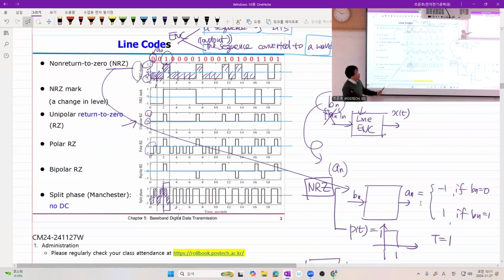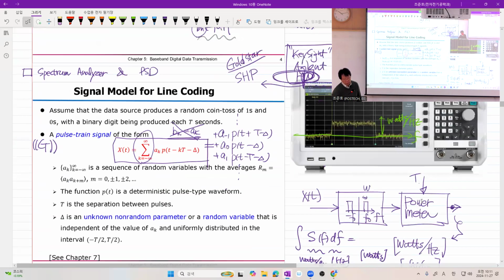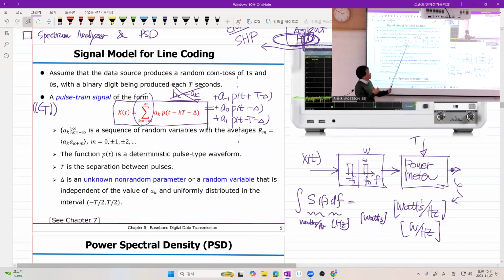In this way, many of these differently looking line coding schemes may be understood as what? After encoding of the B sequence into the A sequence, you have this common form. Okay. Now, we can derive mathematically the power spectrum of such a signal, assuming this A sub k has some